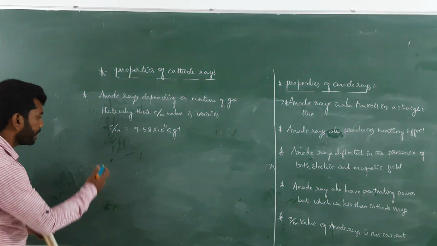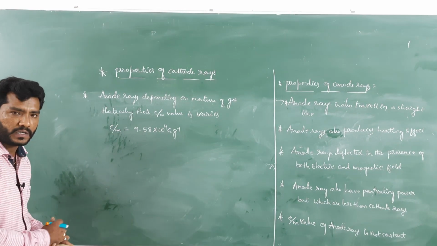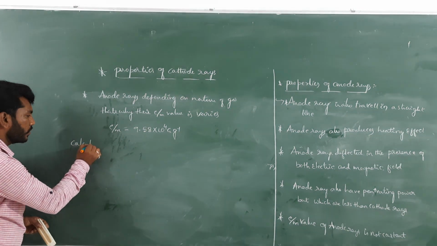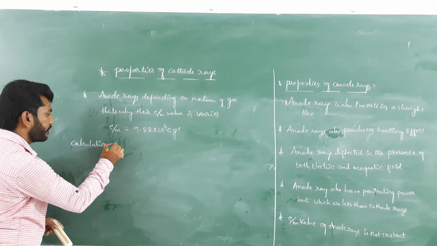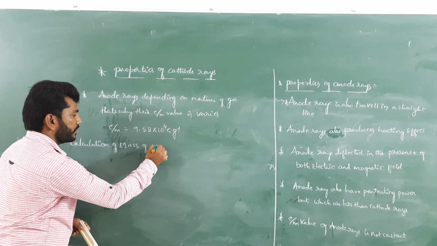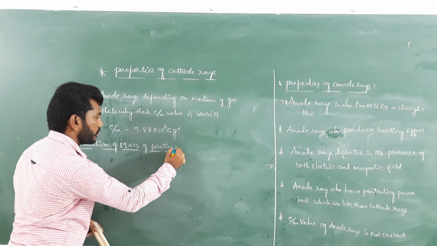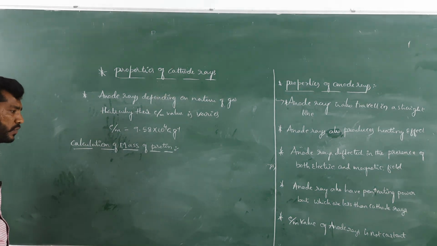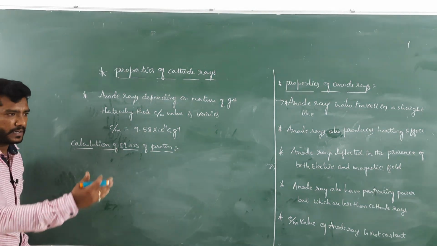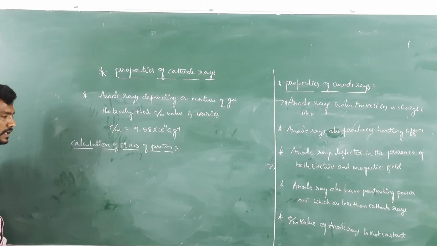So let's find out the charge, charge by mass ratio and mass of the proton. We'll discuss the calculation of the mass of proton. Very interesting, guys. We have to know the mass of the electron, the mass of the proton and the mass of the next subatomic particle, the neutron. So we'll discuss that concept.